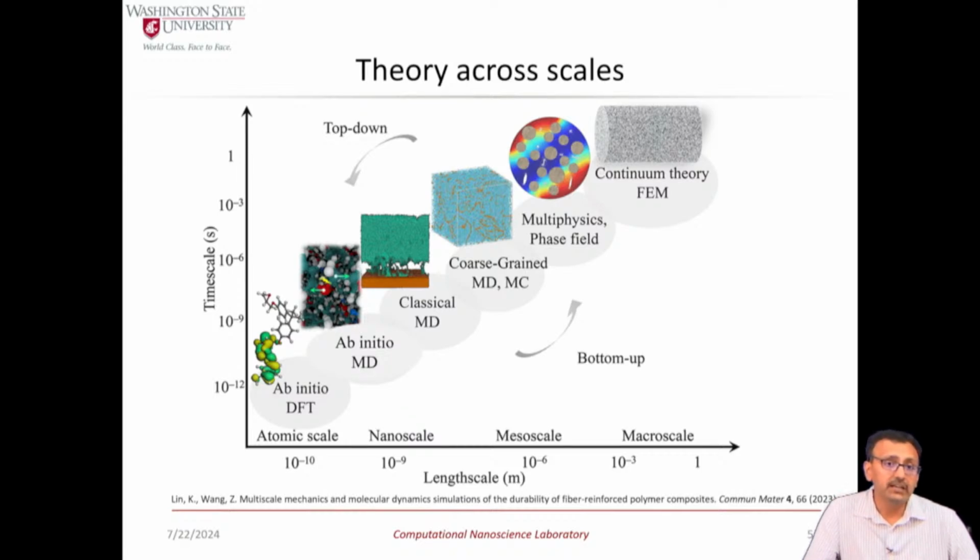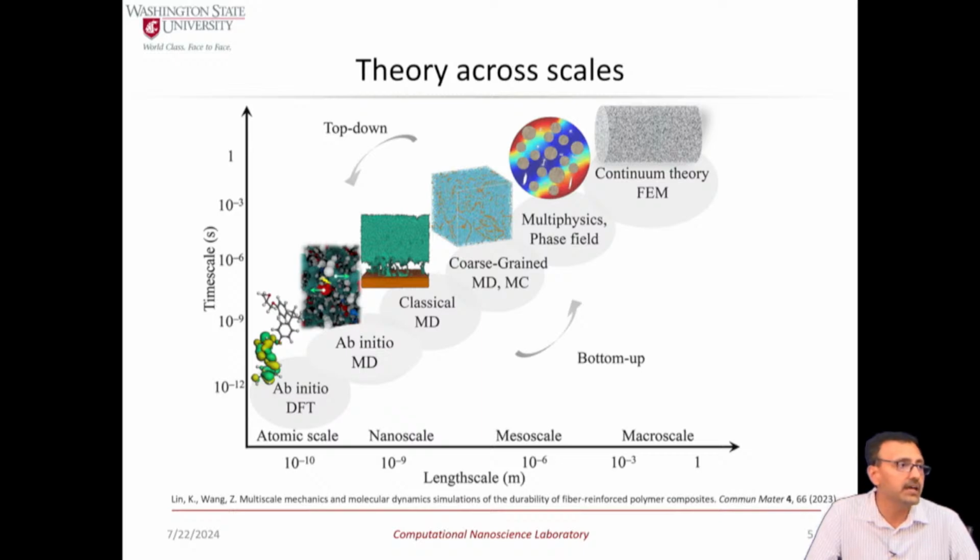It can also look at phenomena happening at interfaces, for example, ion transport, electron transport if you are doing ab initio molecular dynamics, and capture the dynamics of that process. But it is still not able to scale up beyond, like I mentioned, about 100 nanometers with the best computers we have today, which is essentially not enough for microstructures if you wanted to look at them. So when that happens,